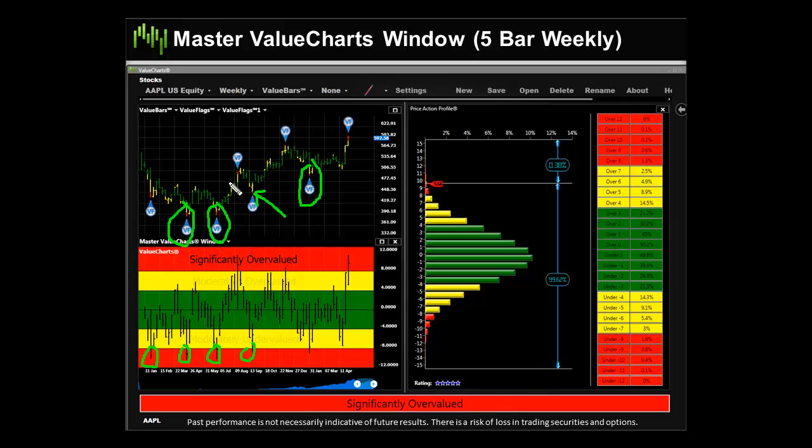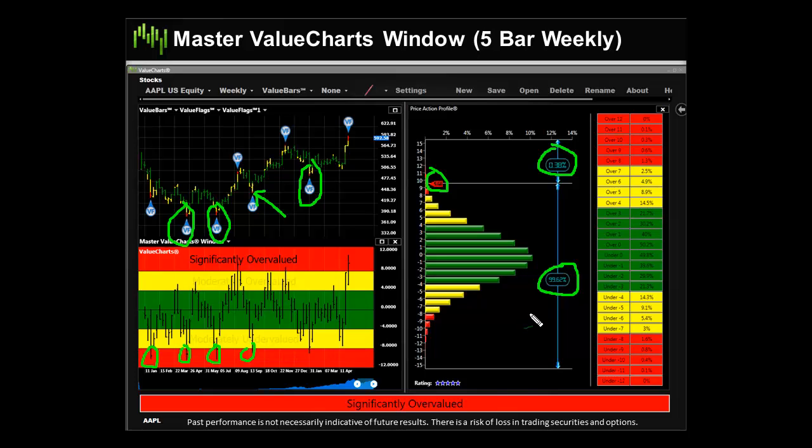I love the value bars because it makes it really easy to see where that's happening when I look at my open, high, low, close charts. And again, you see what's interesting here with where Apple is on a weekly time frame. It's trading at 9.6, which is way up in significantly overvalued territory. Historically, it trades at or above this 0.38% of the time, so less than 1% of the time. Trades below this on a value perspective